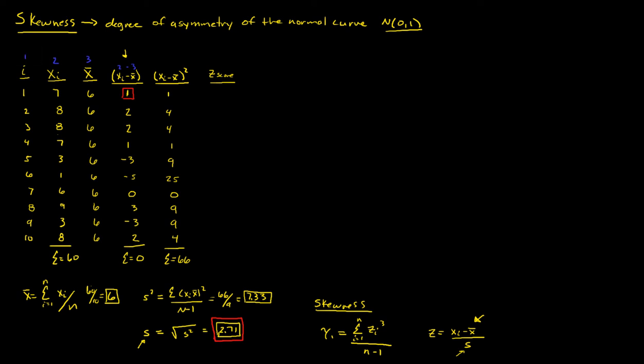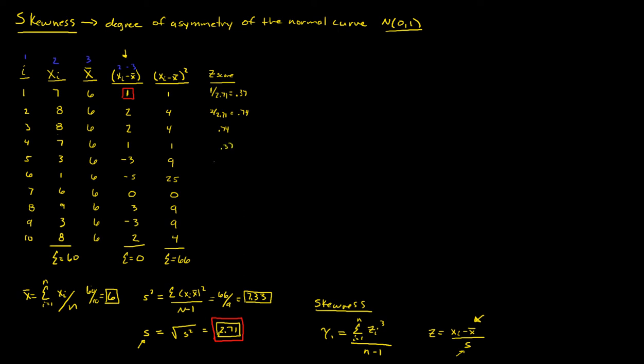So let's just show that. So it'd be 1 divided by 2.71 equals 0.37. Okay, so if we were to go in here and do this same math for all these, we'll just show the next one, 2 divided by 2.71, and give you 0.74. So if you just keep doing the math all the way down, the next one's 0.74, next one's 0.37,